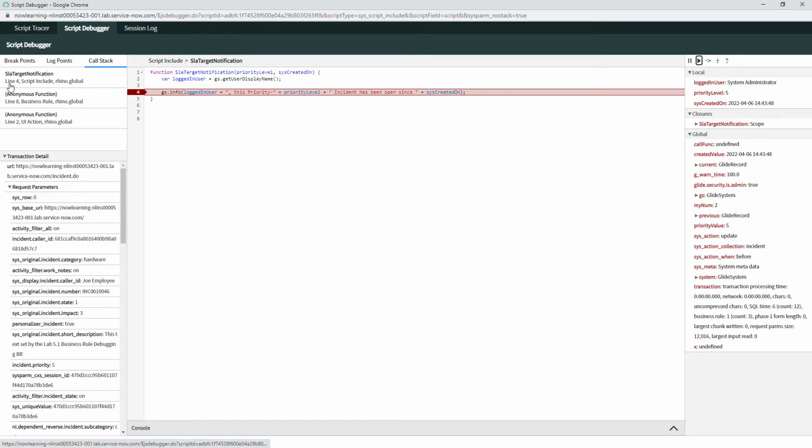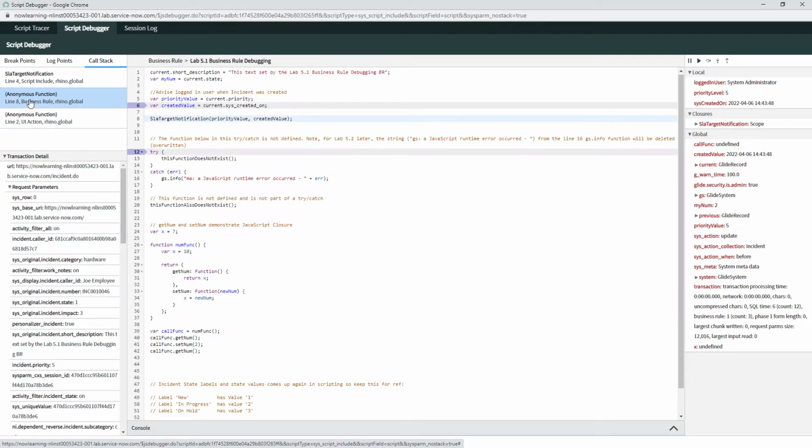And again here, line 4, it says script include. And this is the other one, where it says business rule and Lab 5.1 business rule debugging. So this pretty much covers the